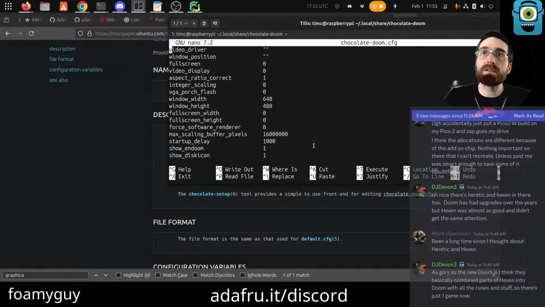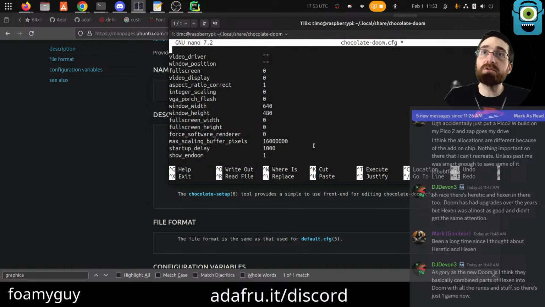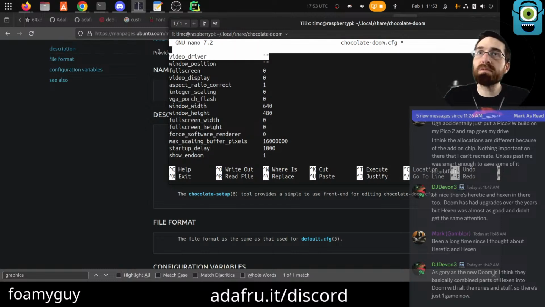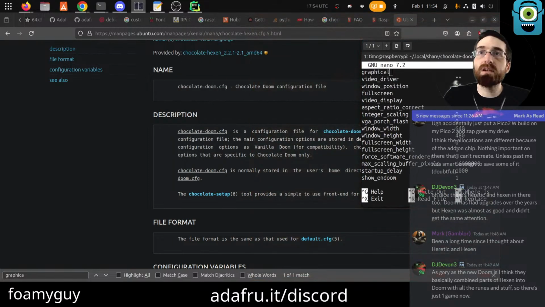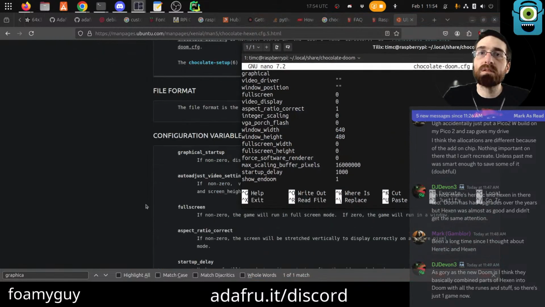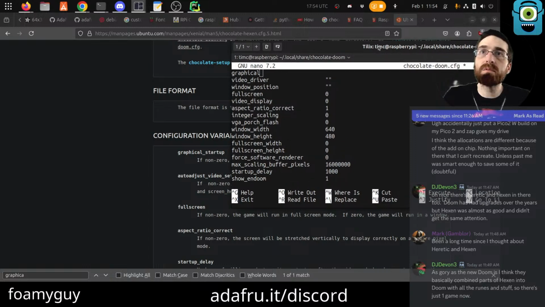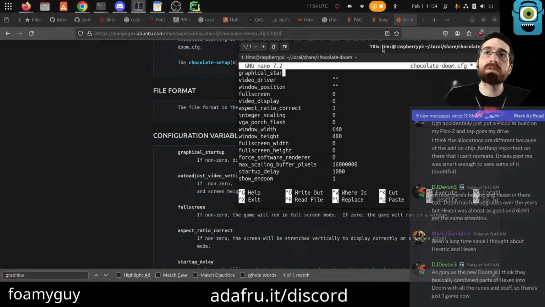I guess I'll put it at the top. Video driver. This seems promising as well. We'll look into that maybe later if we don't get this working this way. Well, actually, I'm almost out of time, truthfully, but I will look into it later. Graphical what now? Graphical startup. Startup.